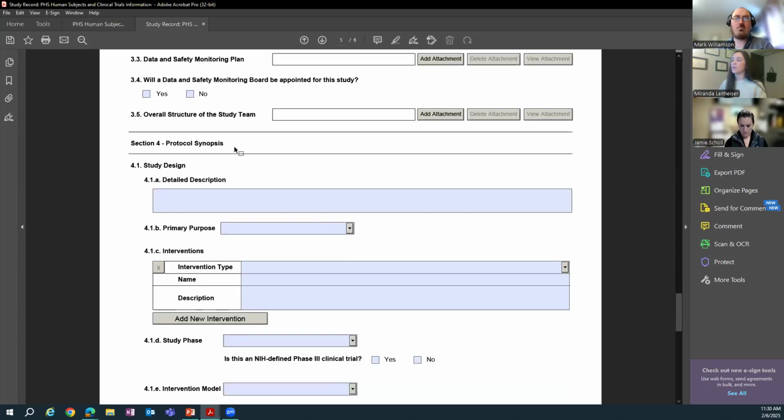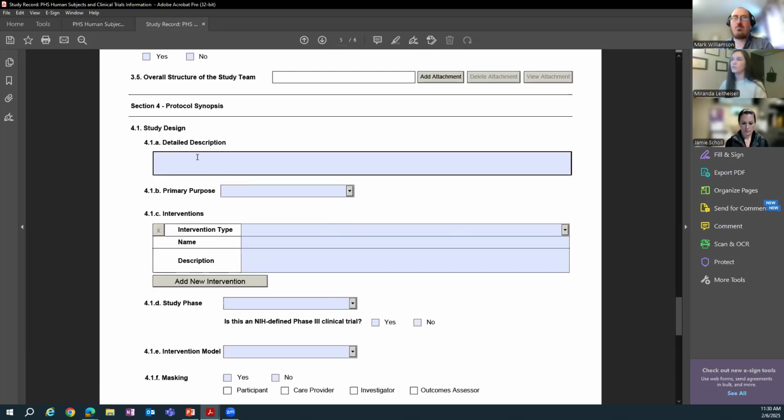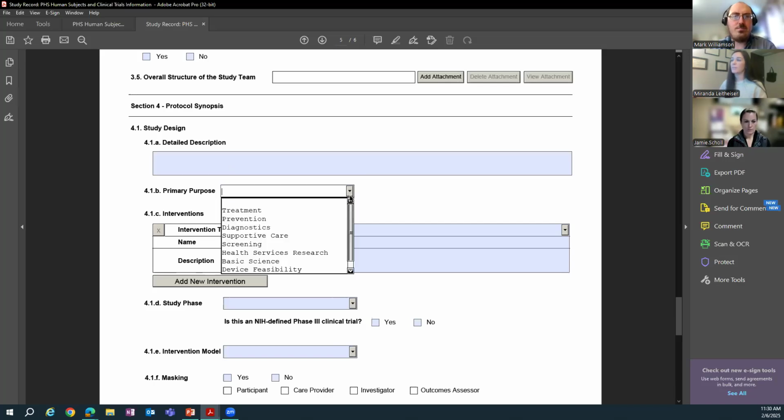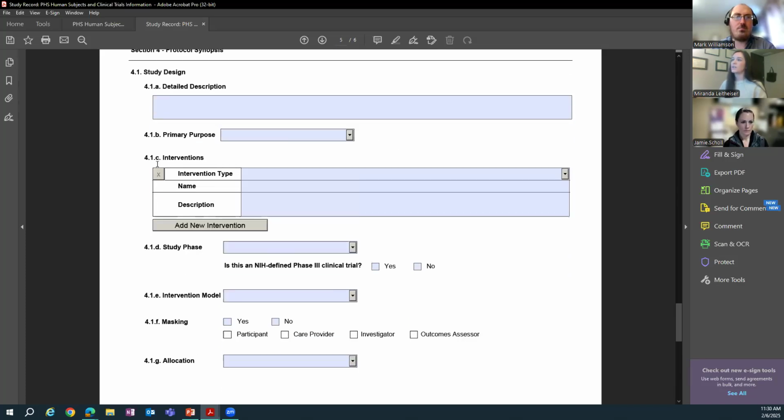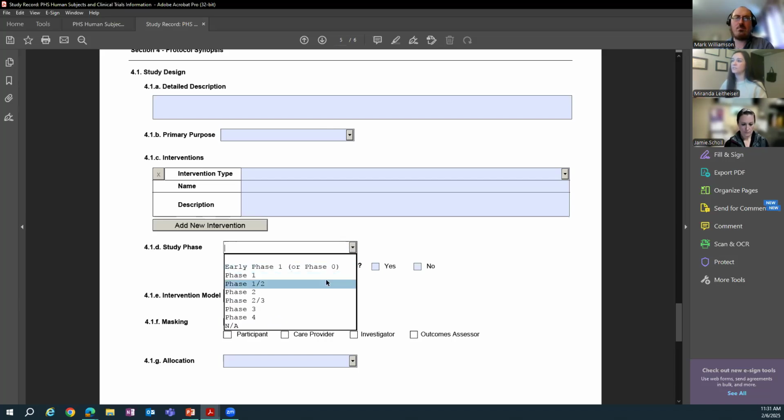This is section 4, the section you complete if you have an applicable clinical trial. You'll give a detailed description of your study design and the primary purpose: treatment, prevention, diagnosis, whichever is applicable for your study. You will add your interventions. You'll likely have more than one intervention if you have a control, or if you have multiple different interventions you're looking at. Your study phase, so if it's a phase 1, 2, 3, or 4, or